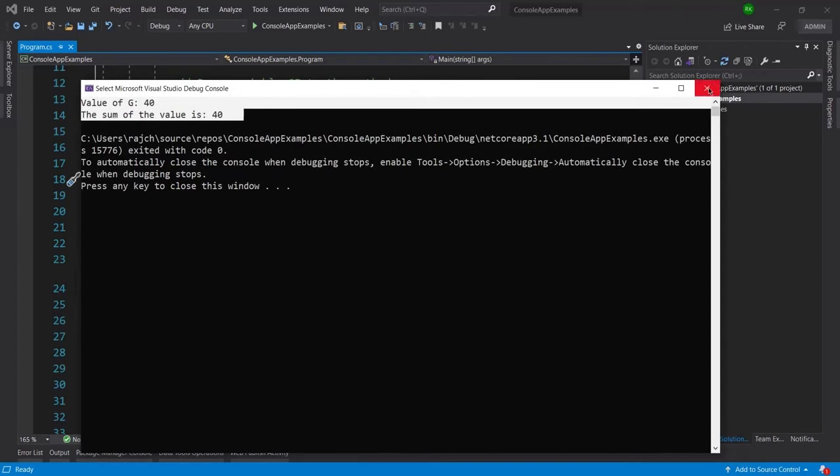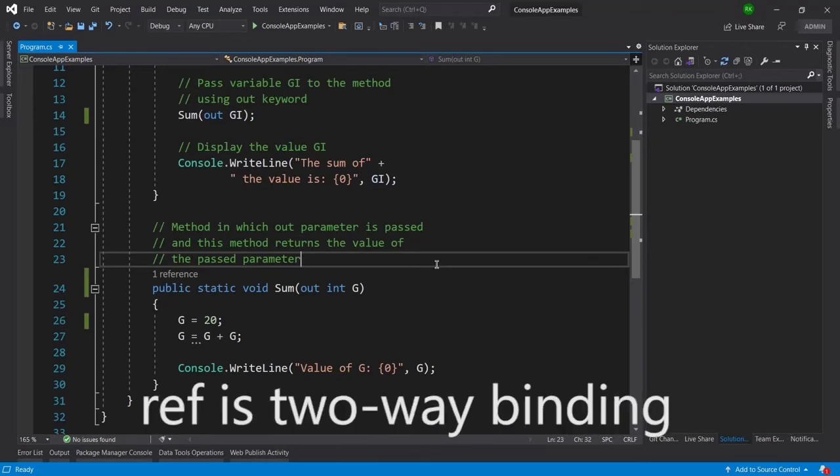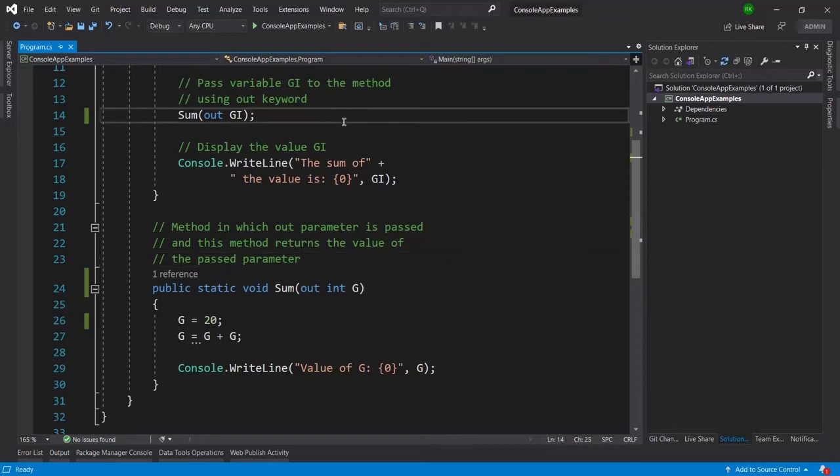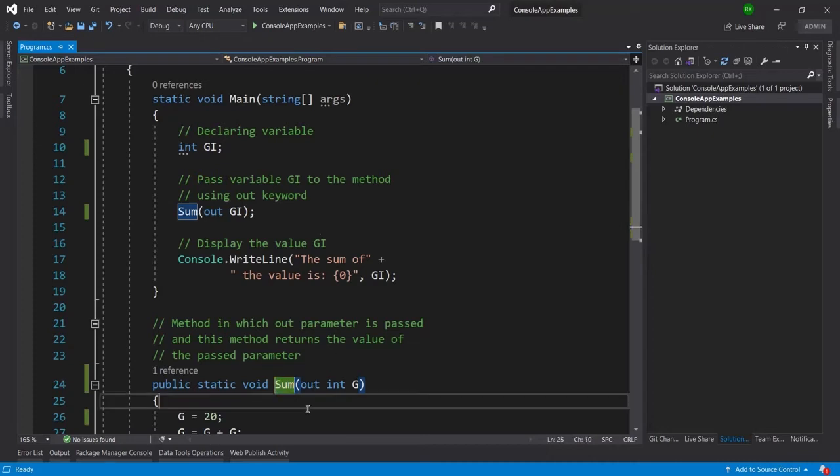Okay, and then what is the difference between them? As the name suggests, ref and out. Ref is the two-way binding function. That means we can pass the parameter from the caller method, the main method, to the calling method, the sum. So we can pass the parameter from caller to callee, and again we can pass the output values from the sum method to the main method using ref.